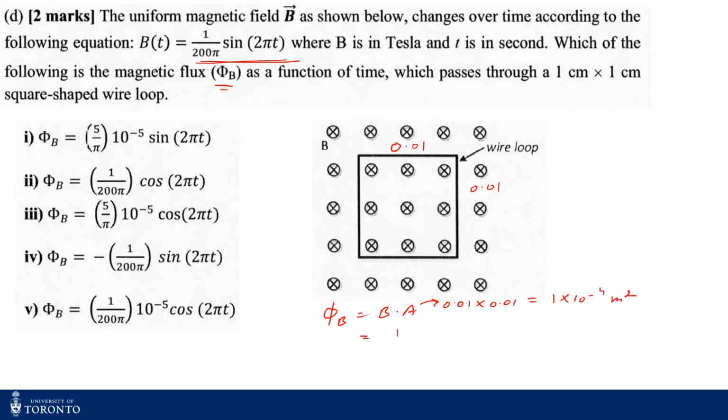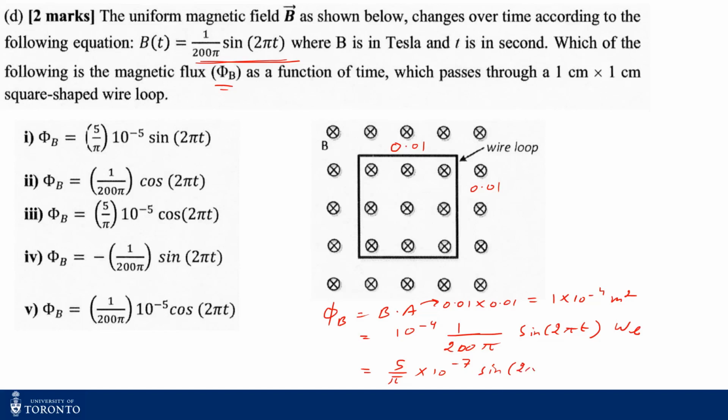Phi B is 10 to the power minus 4, which is the area, times the B, which is 1 by 200 pi sine 2 pi t, in Weber. Once you plug in the values, you should get something like 5 by pi times 10 to the power minus 7